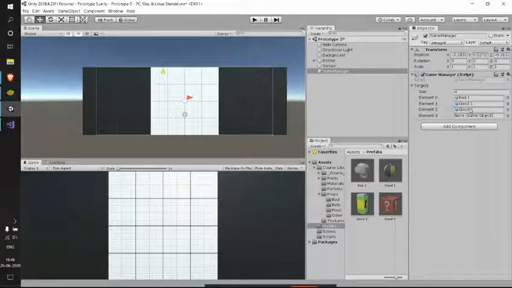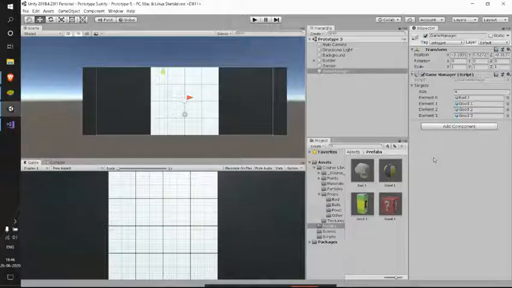So the zero index is bad one, the first index element is good one, the second index element is good two, the third index element is good three. So let me save this. Here we have a reference to all our four prefabs.